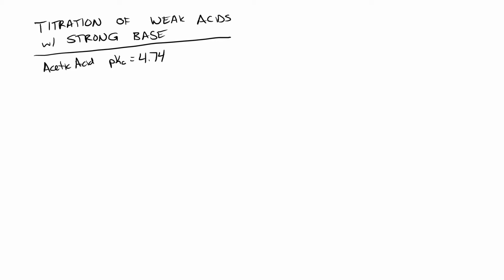Okay. So initially, let's say we are given an initial set of conditions, and we say, okay, we've got a 0.7 molar solution of acetic acid, and we have 100 milliliters of it. So you've measured out 100 milliliters of a 0.7 molar acetic acid solution. We can figure out the pH of this, right? We find the pH